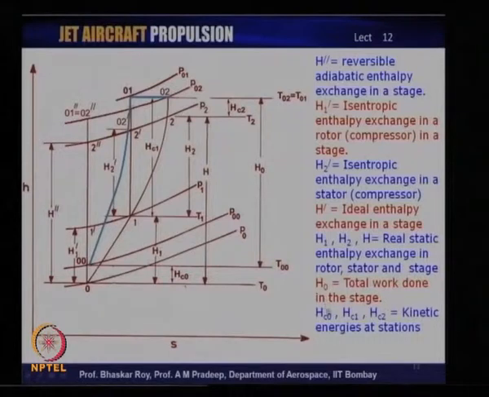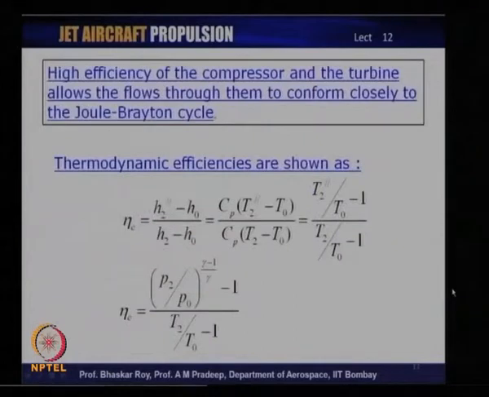The last three are the kinetic energies at the various stations shown as H C 0, H C 1 and H C 2. So, these are the three kinetic energies that the flow carries through the compressor at stations 0, 1 and 2. Now, on the basis of this depiction of the work done through the compressor stage, the definition of the efficiencies can now be looked at again. This is something very similar to what you must have already done in your cycle analysis. Let us take a look at it and understand how we can make use of this in our thermodynamic analysis